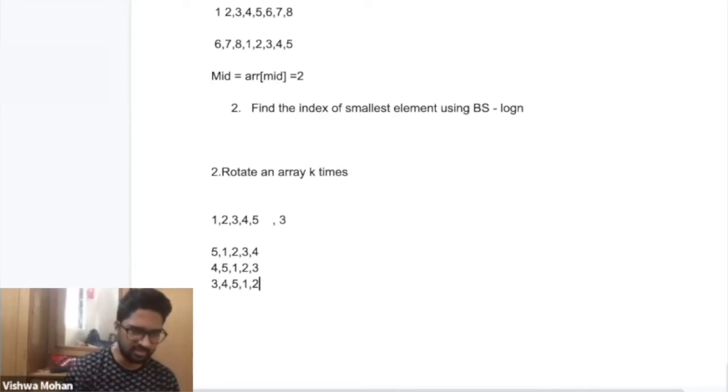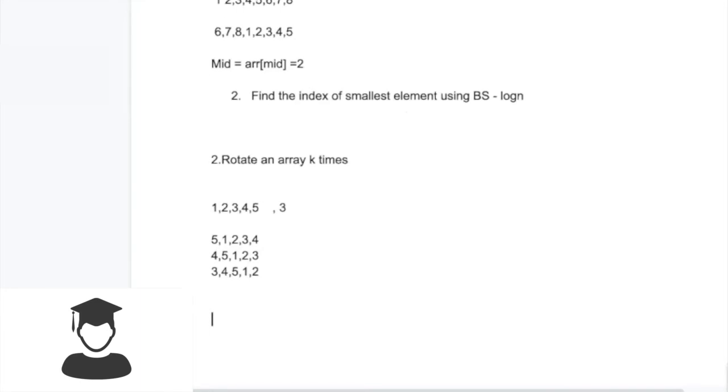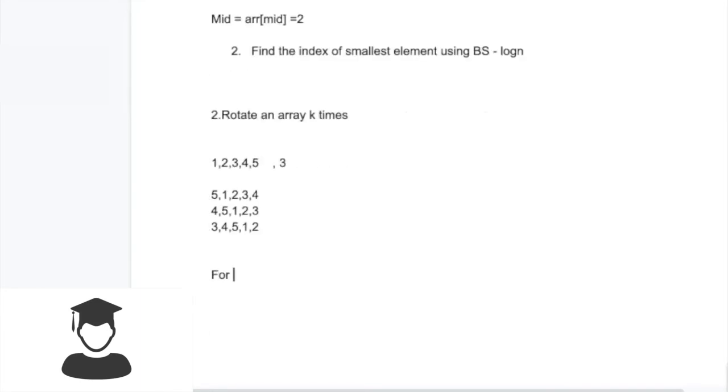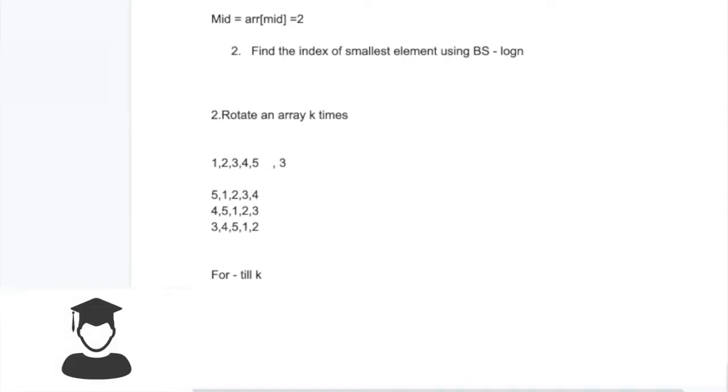Can you tell me how do we write the code to rotate the array? If you have been given an array and you have been told that you have to rotate it k times, how will you rotate it? Yeah, so first I will write the loop till k, and then rotation as you said, we'll go with clockwise, right? Till k. And then inside this, you write another for loop? Yeah, to swap.